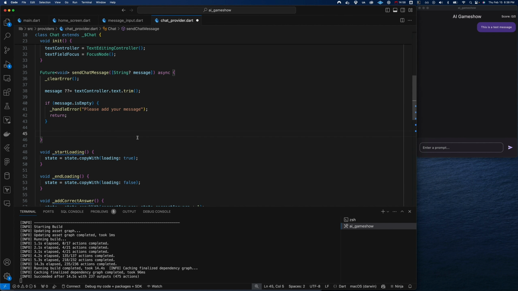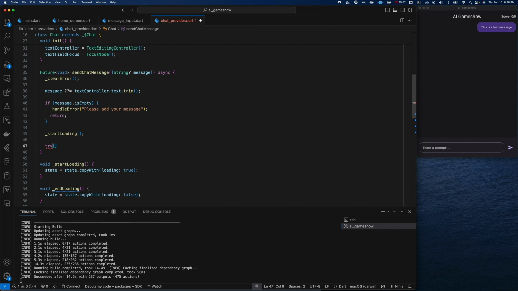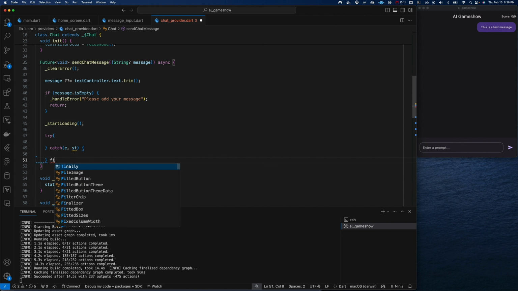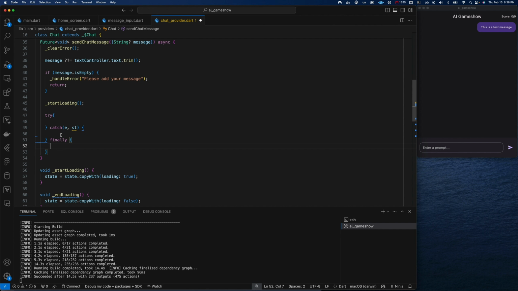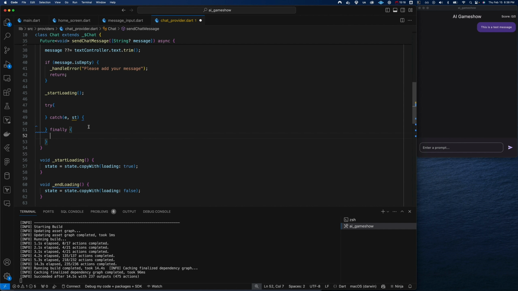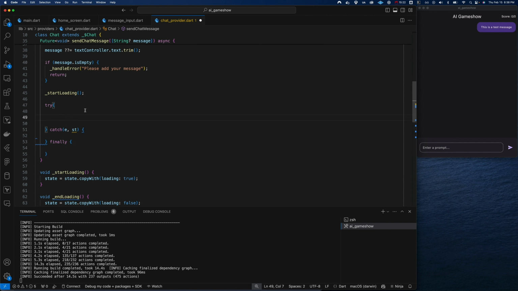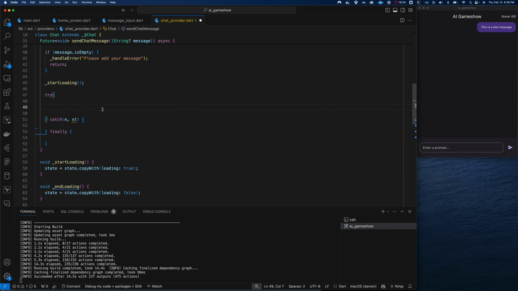And now, once we get past this, we're going to start loading. And we're going to make a try catch block here, and we'll have error and stack trace. And we also are going to use a finally, which is just a cool thing you can do. Whether it succeeds or fails, we can still call some code after all of that. So we've got that block ready, and in here, this is where we're going to actually try and work with the SDK. So final, we'll call this response,